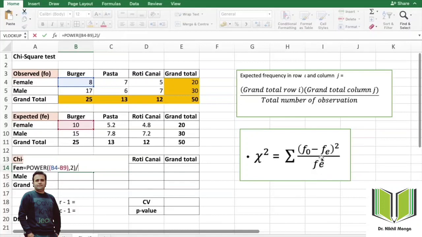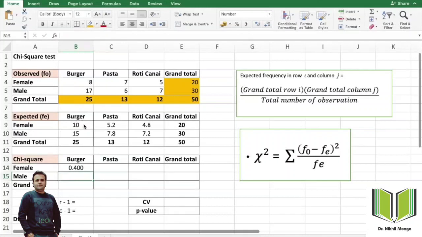My expected frequency is this one, B9. So I click here, and I get 0.400, right?